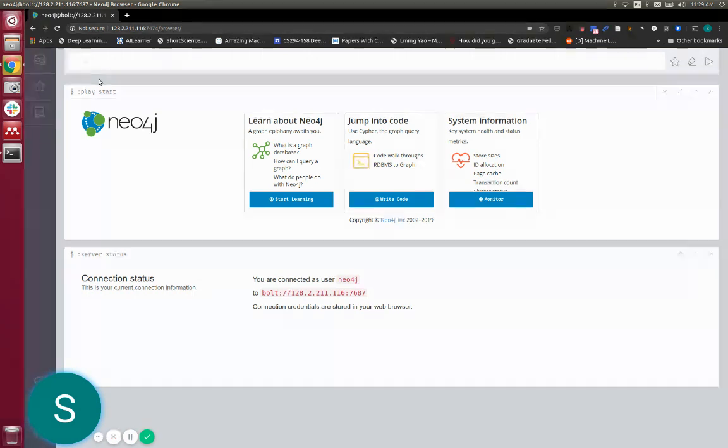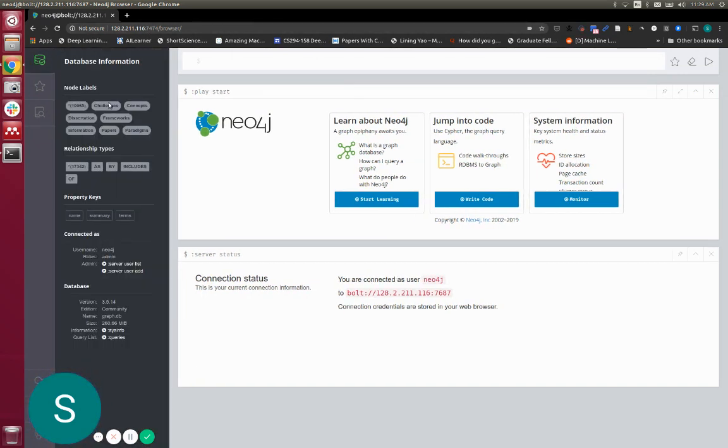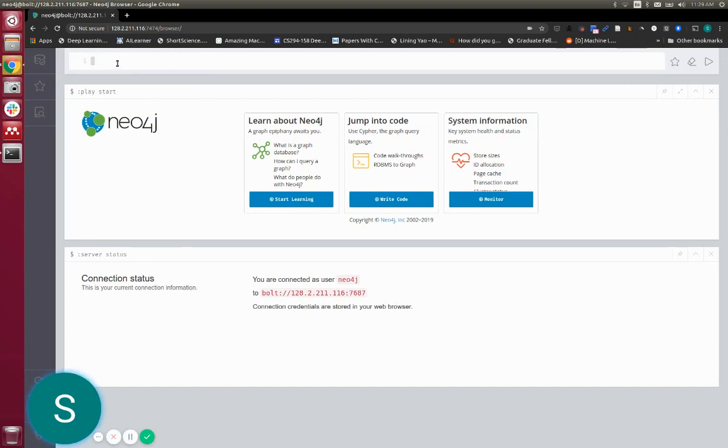But let me give you a brief overview of what is present, because as I mentioned, this is related to literature. We have different nodes, which are papers, and they are related by different relationship types. Neo4j uses a query language called Cypher, and I'll show a very brief way of using it. So let's say I'm searching for papers. Let's say I want to pick up the term attention, because that is what we are very familiar with.